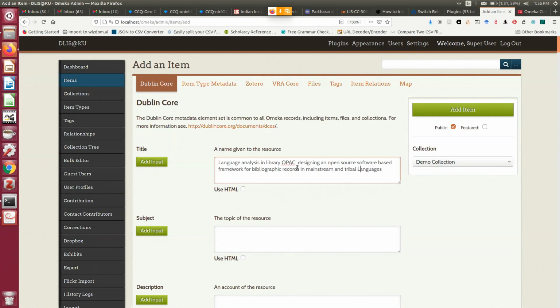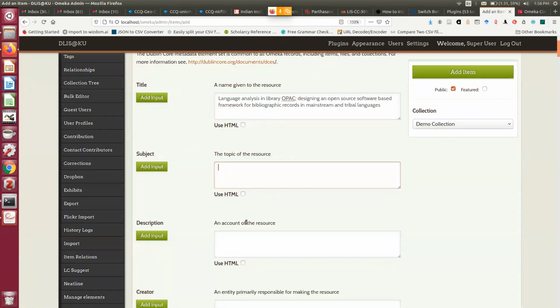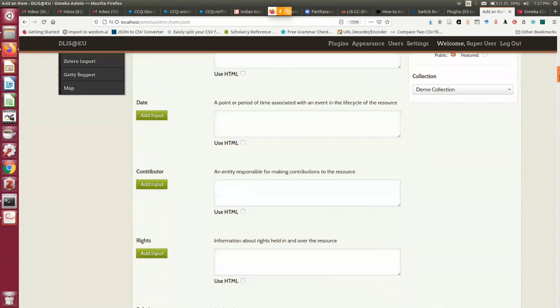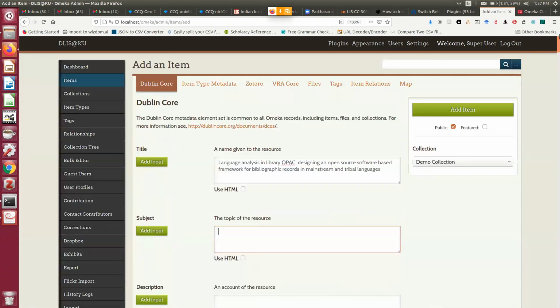So exactly the way you learned how to handle metadata, just like you are doing in your TSOR area of the catalog, the same way you need to manage it here. Then you can add a different kind of subject from here, and you can see that we have already installed some additional plugins.